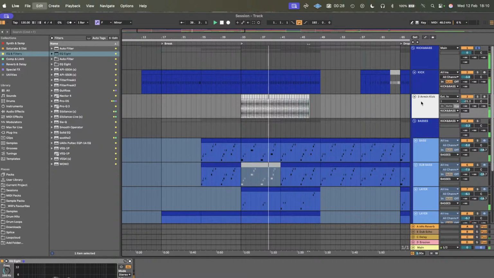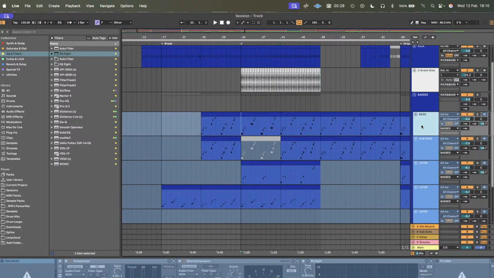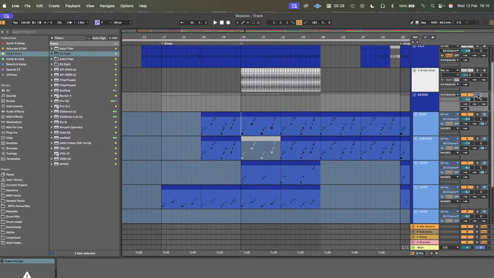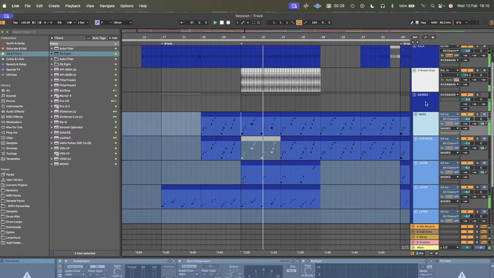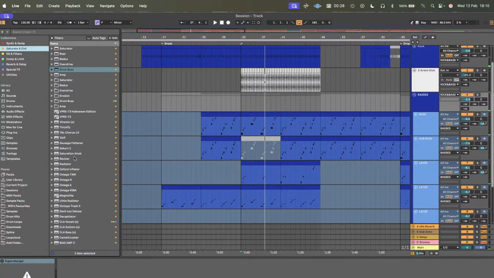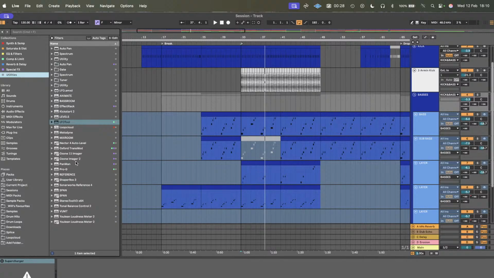That's a really cool bass line. It's very mono. Like the actual sub bass being mono is fine. That's what we want. But I think this mid bass could be spread out wide and give it a real nice feel. So to do that, I would do it within the sound design itself, but for the sake of doing it after the fact, I'm just going to open the imager, and I'm just going to spread out the mid bass. I'll leave the sub bass nice and mono because that's working well,